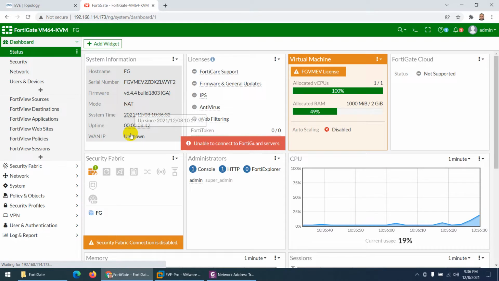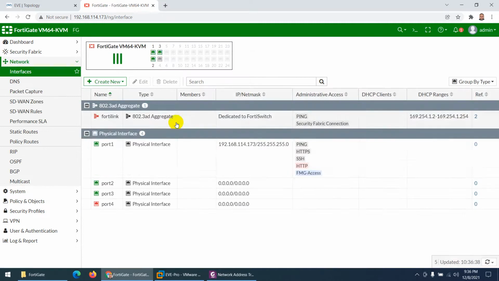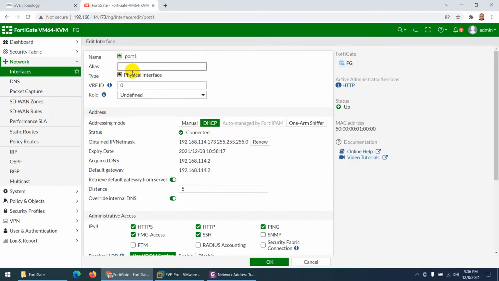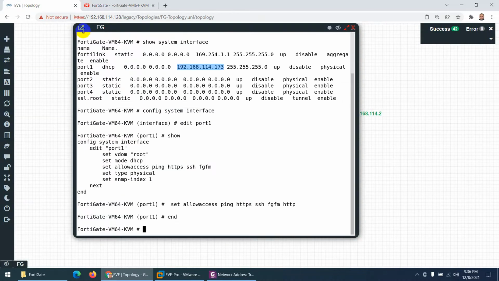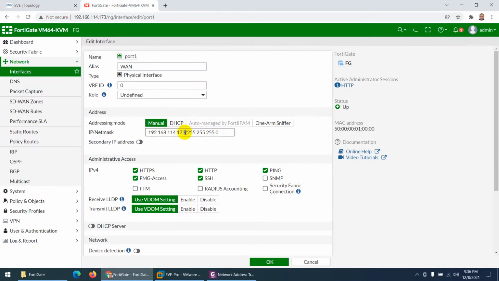And now you can see FortiGate firewall is here. Now you can go to network, go to interfaces, and this is the first interface, which is basically WAN. So either internet, it's up to you which name you need to give them. So I give them WAN, but I want to make them manual and I decide the last IP to use, 254. So just change the IP